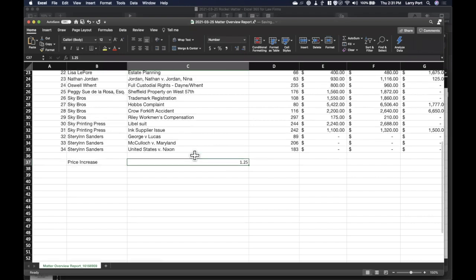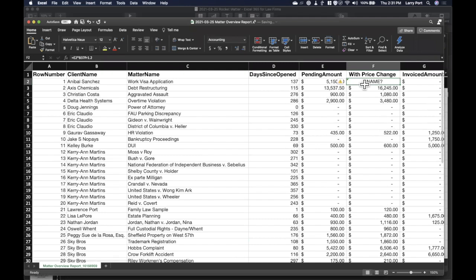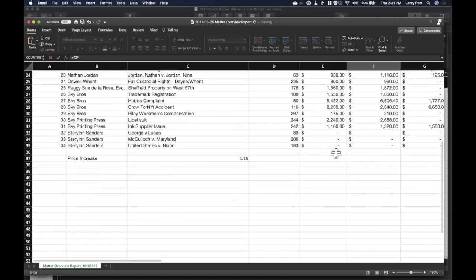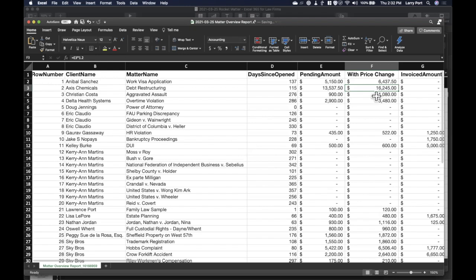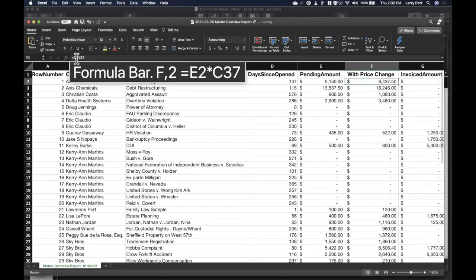So right here, what I want to do is multiply the pending amount times this price increase value. Okay, so we see that here. So now I'm multiplying what's in E2, which is the cell to the left, times C37, which is the price increase value, right?